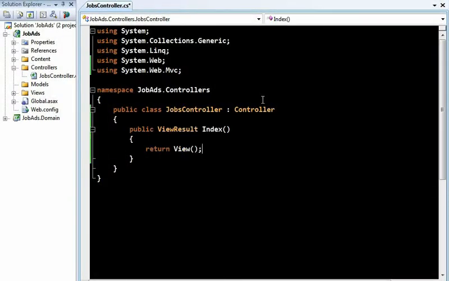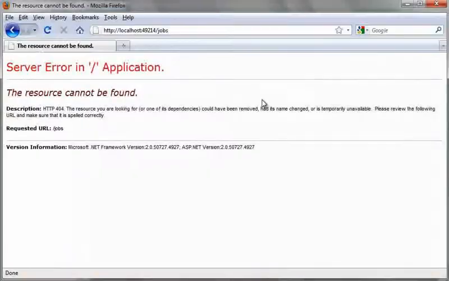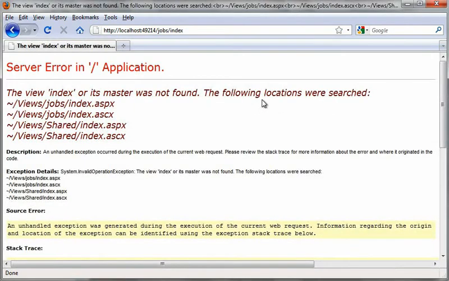Actions are public methods on controllers and they can handle web requests. This one, index, returns a view result, which means that it renders a view. We'll talk more about these return types later. So we can run this action by going to the URL jobs/index, and if we do that, we still get